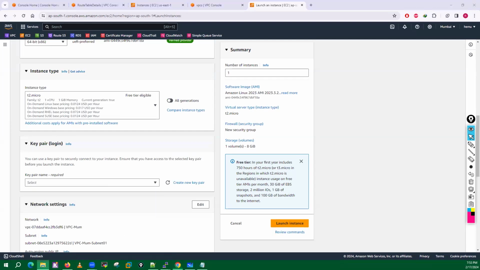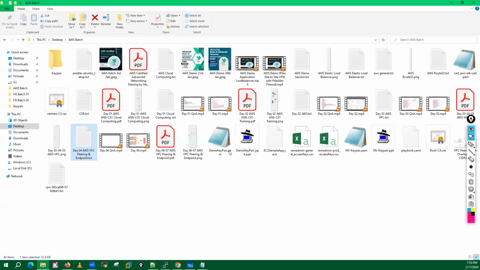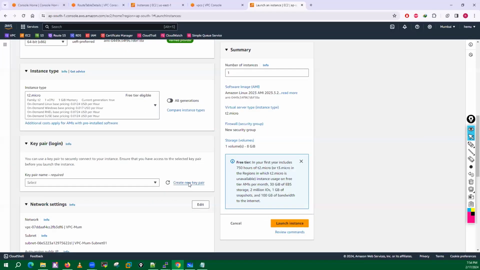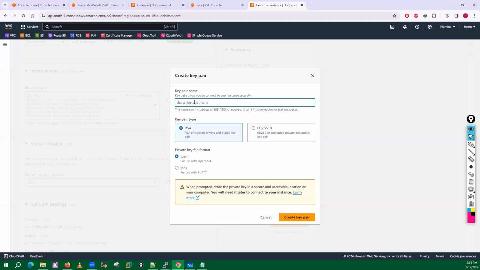Let me see if I have that key pair. Mumbai key pair. I have deleted that Mumbai one. So let me do one thing. Let me create a new key pair. Demo Mumbai.